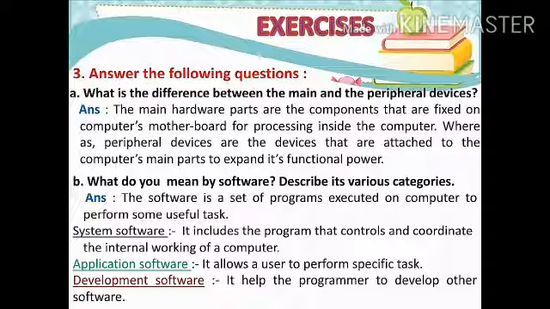They are system software, which includes the programs that control and coordinate the internal working of a computer. Then application software, which allows a user to perform specific tasks. Then development software, which helps the programmer to develop other software.